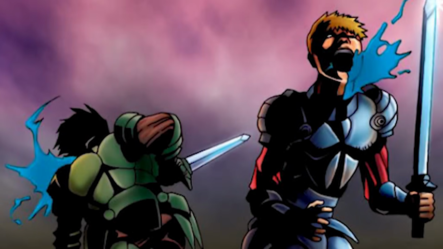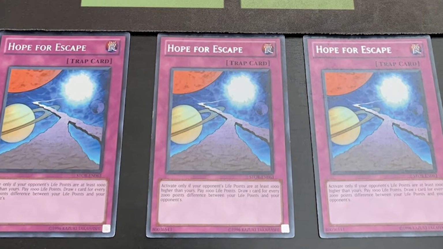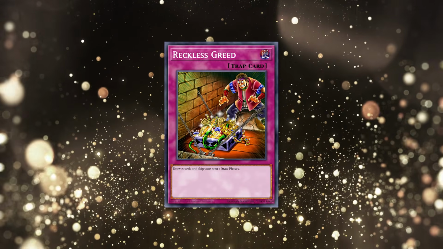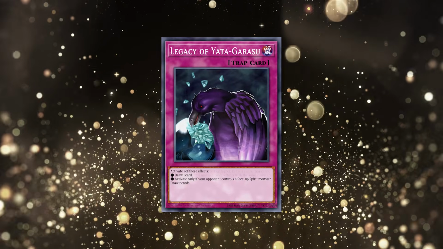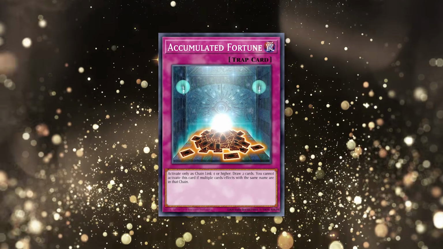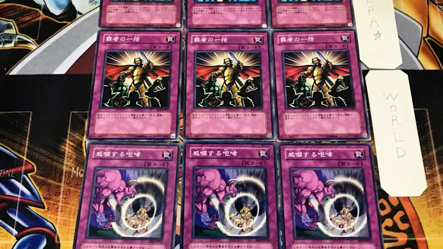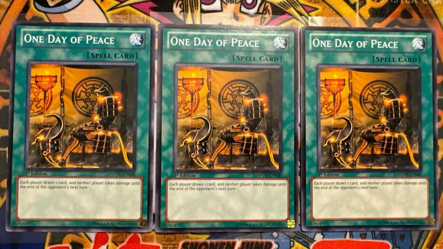So by taking battle damage, but also increasing his opponent's life points with Gift Card, Hope for Escape could draw multiple cards. And on top of that, he played the full plethora of draw traps, including Reckless Greed, Jar of Greed, and Legacy of Yatagarasu, alongside 2 copies of Accumulated Fortune, which when activated as a Chain Link 4 or higher, allows you to draw 2 cards. The rest of the deck would play defensive stall cards like Wabaku and Threatening Roar, and of course, One Day of Peace. In the Swiss rounds, he was able to make a 3-2 record, barely sneaking into top 8 thanks